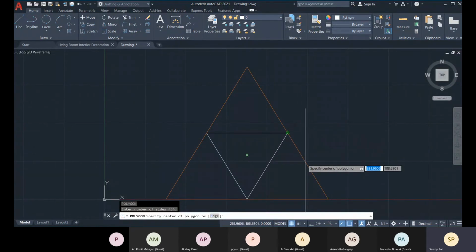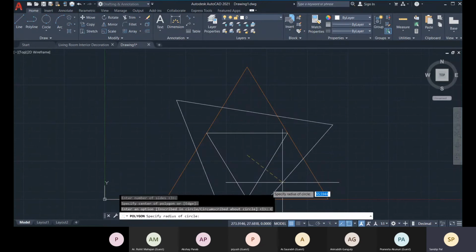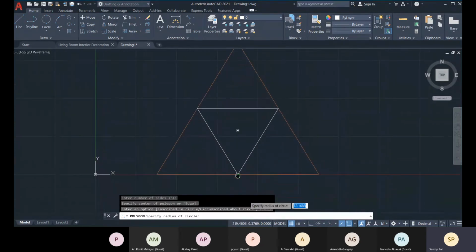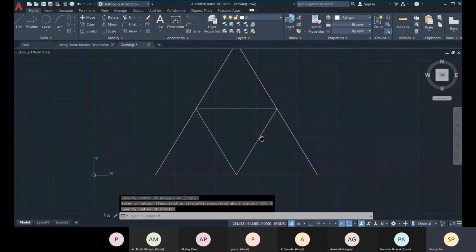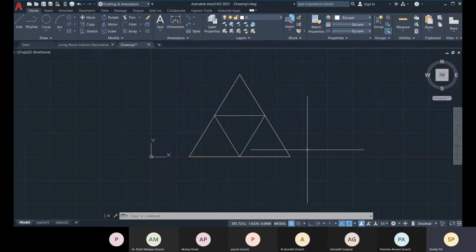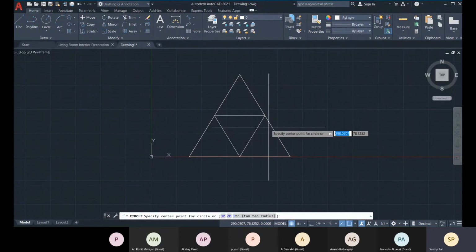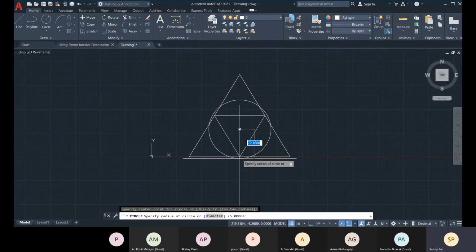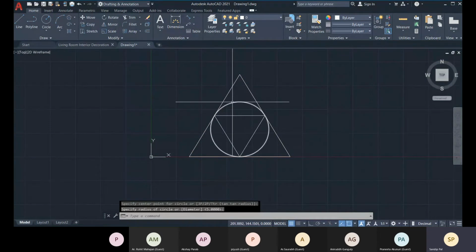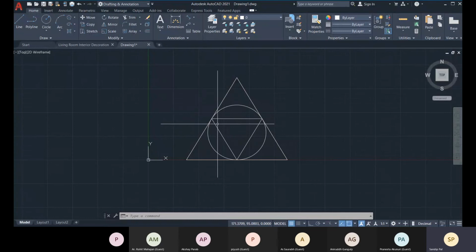Then circumscribed, so that will be bigger, out of that circle. If you specify the center and radius, that is this circle, so here you can see this polygon is circumscribed about this circle and this one is inscribed in this circle. So this way it is created.